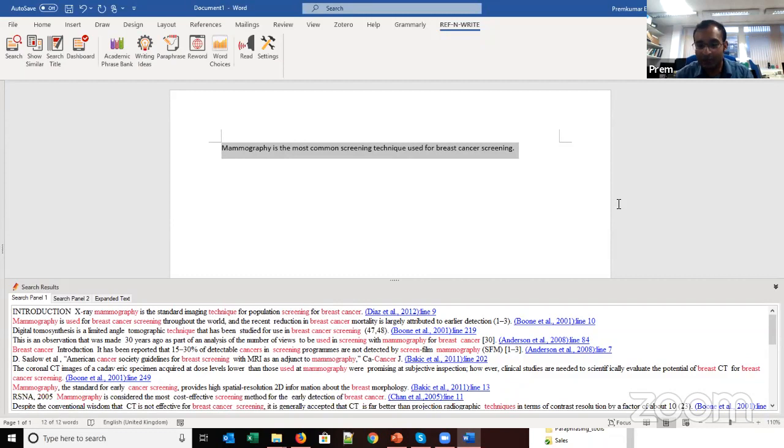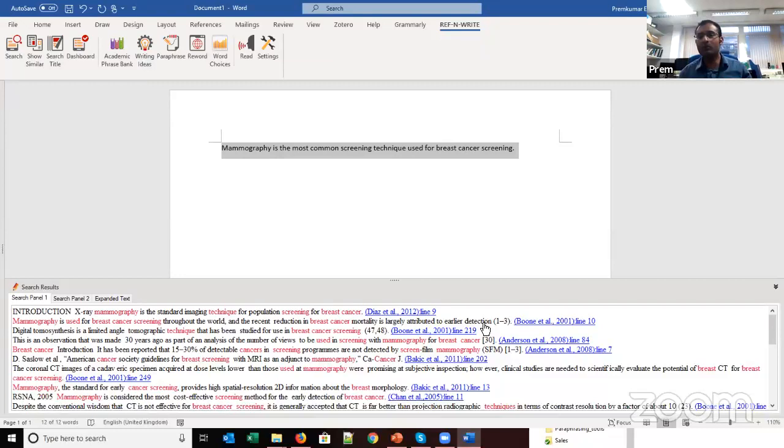Okay, and if we want to expand on this, so what this means is this comes from a paper, Diaz et al., and this text occupies line number 9 in the PDF document.